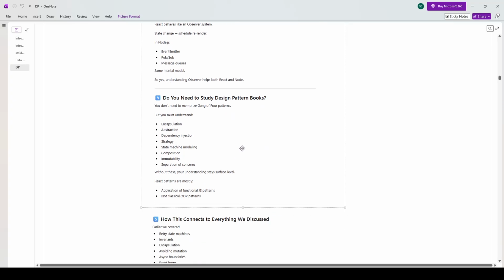Do you need to study design pattern books? You don't need to memorize Gang of Four patterns, but you must understand encapsulation, abstraction, dependency injection, strategy. So like, we have a surface understanding of encapsulation. We haven't discussed that more deeply. Abstraction, we have discussed extensively. Dependency injection, we have mid-level, I think, because dependency injection is like the prototype, where it's like the singleton. Strategy,